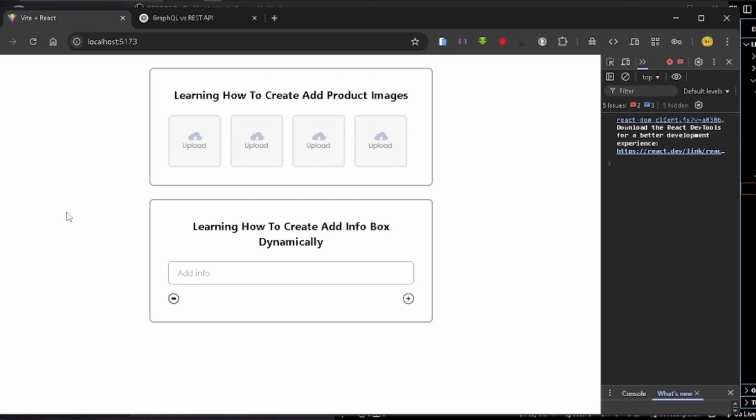What's up, my people? Today we are going to learn how to add product images. I mean, adding multiple images. Maybe you're working on an e-commerce website and you want to add multiple images into your website. As you can see here, I have about 4 image placeholders, and we are also going